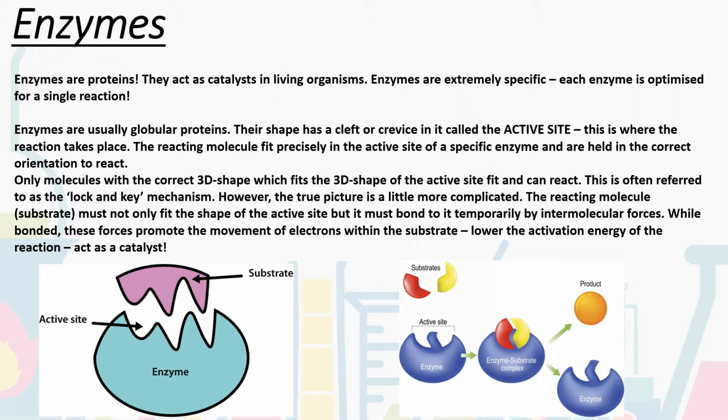site of an enzyme. Now, in reality, the true picture is a bit more complicated because the reacting molecule, the substrate, must not only fit the shape of the active site, but it must bond to it temporarily by intermolecular forces, non-covalent intermolecular forces. And now, while it's bonded, these forces will promote the movement of electrons within the substrate. They essentially hold it in the correct orientation and hold it there for it to be able to react. And in doing this, it lowers the activation energy of the reaction. It acts as a catalyst. It gives the reaction an alternative pathway to proceed down, one that has a lower activation energy and therefore can